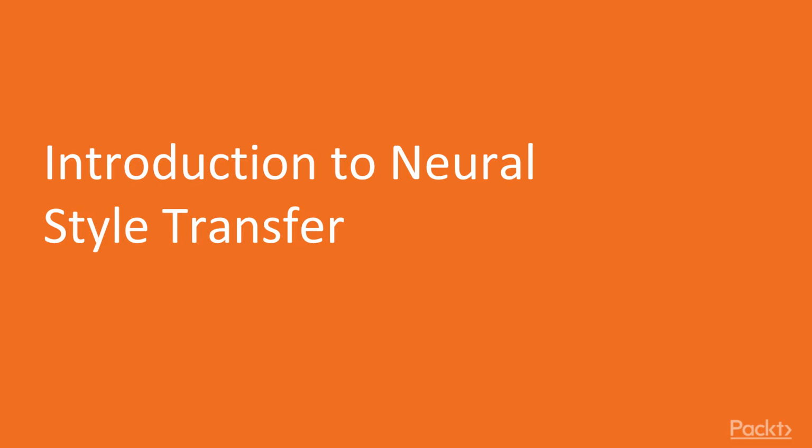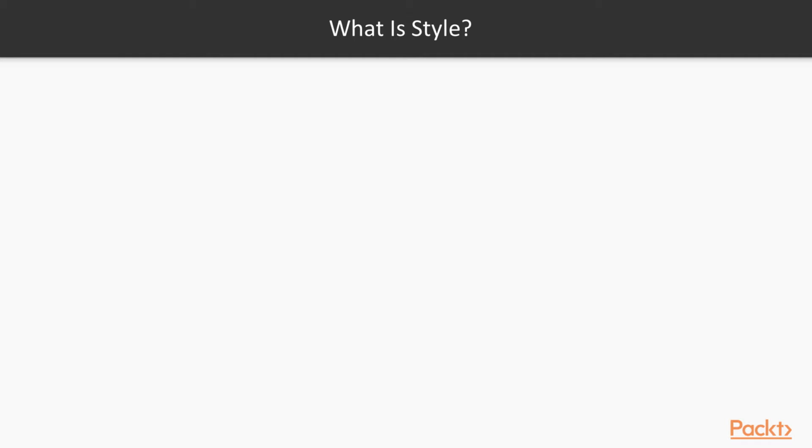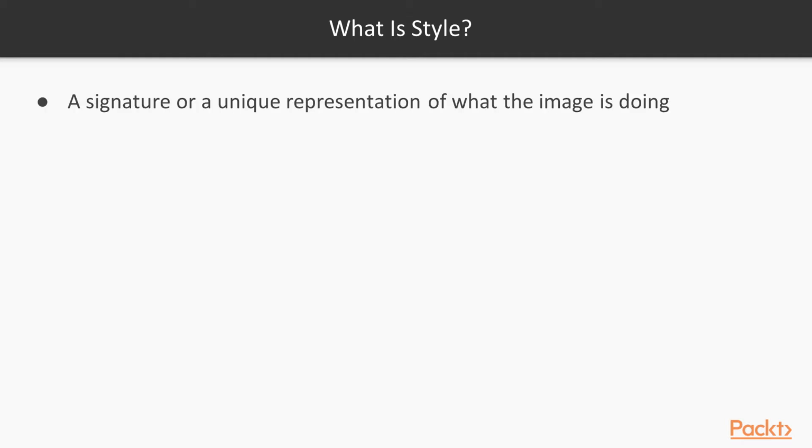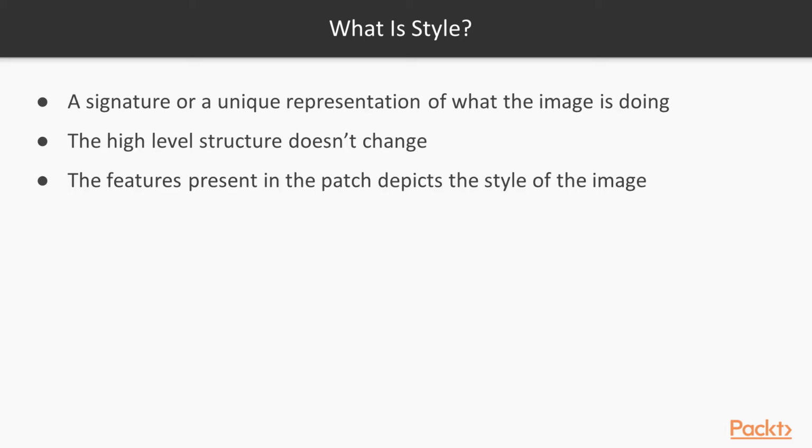neural style transfer. So firstly, I guess it's important to ask, what is style? From an artist's point of view, you can conceptualize style as a kind of signature or unique local representation of what the image is doing. The high level structure doesn't really change when you change the style of an image, but often there are features present locally in a patch that depict the style of an image. This might be like pointillism, or straight lines, etc., that are common in a